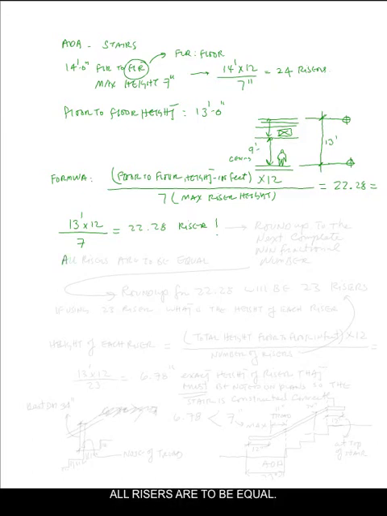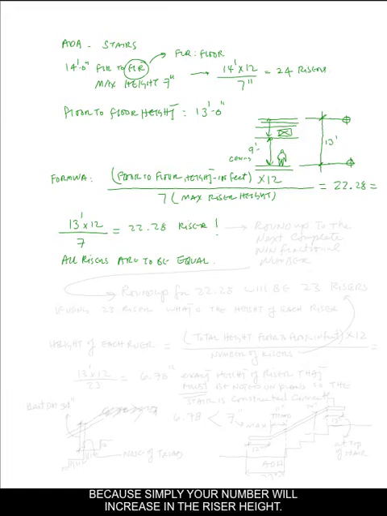All risers are to be equal. When you are more than 22, that means you cannot go back to 22 because simply your riser height will increase. So you always round up